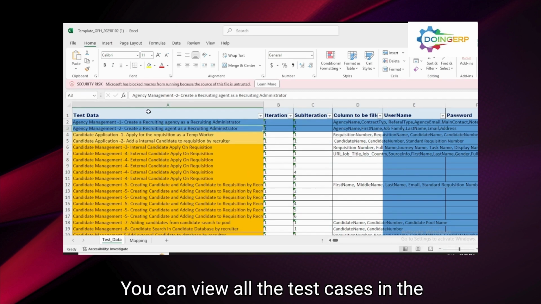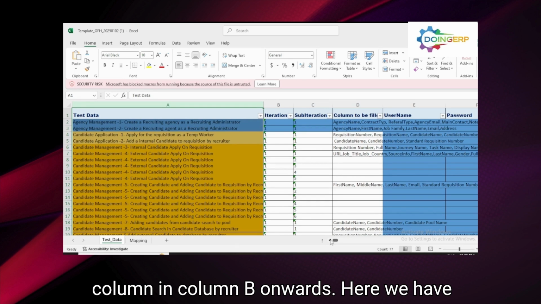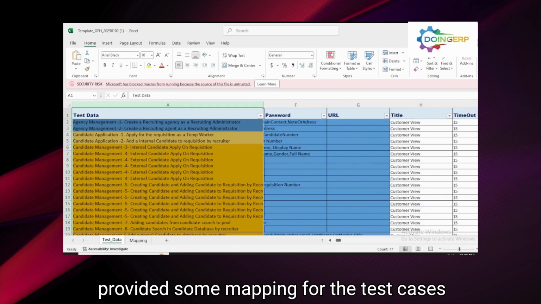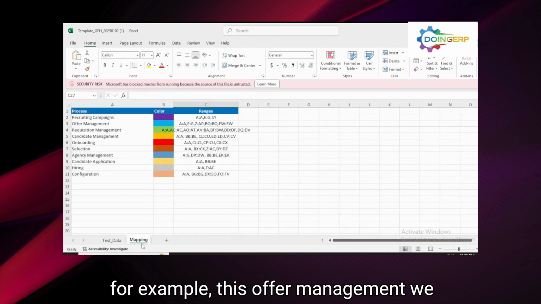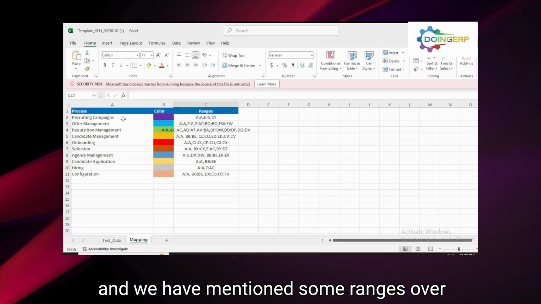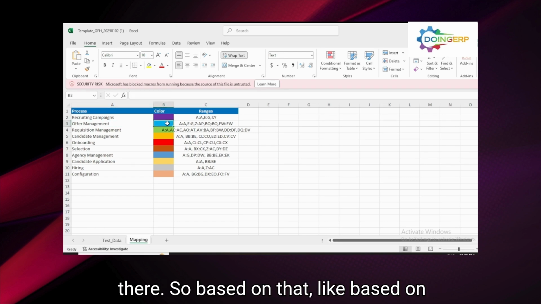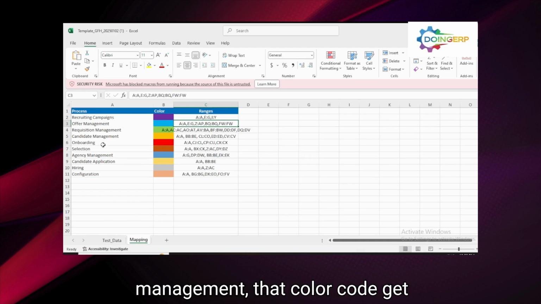You can view all the test cases in column A and the corresponding required columns in column B onwards. Here we have provided some mapping for the test cases depending on their functional area. So for example, for this offer management, we have given some color code, and we have mentioned some ranges over there. So based on the required fields for this offer management, that color code gets highlighted